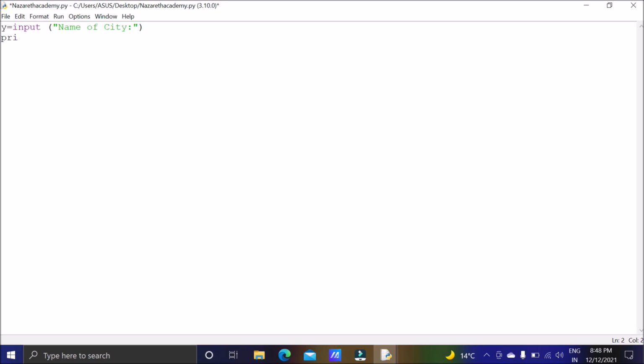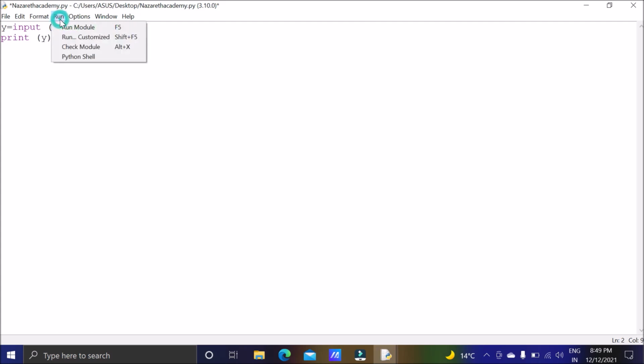Now after that I want the computer to print y, meaning whatever value is given by the user should get printed. This is my message that will get displayed. After my message, the user will write something, and whatever he writes will get saved in y, and then I want the computer to print whatever is given by the user.